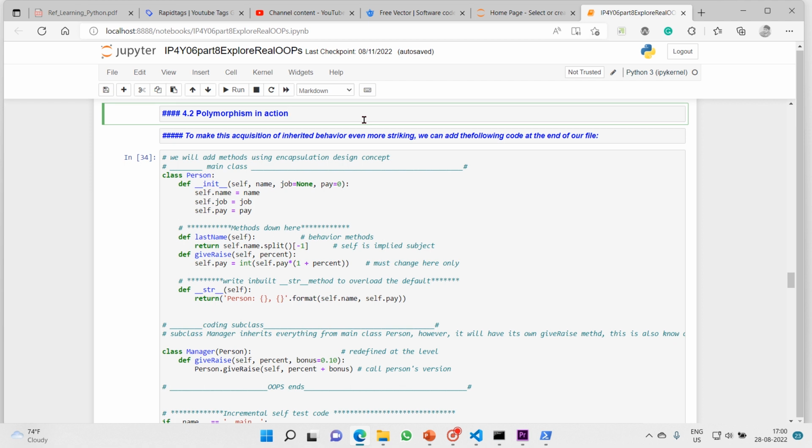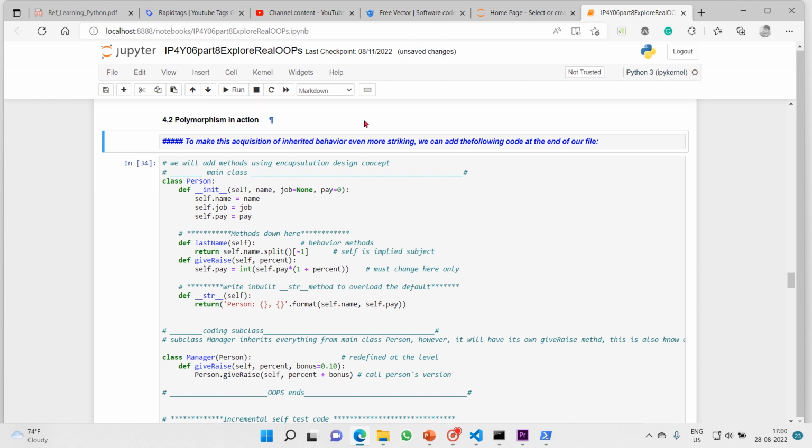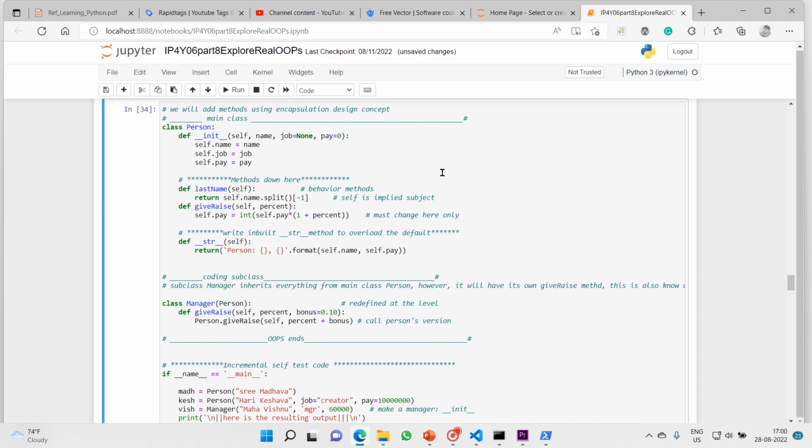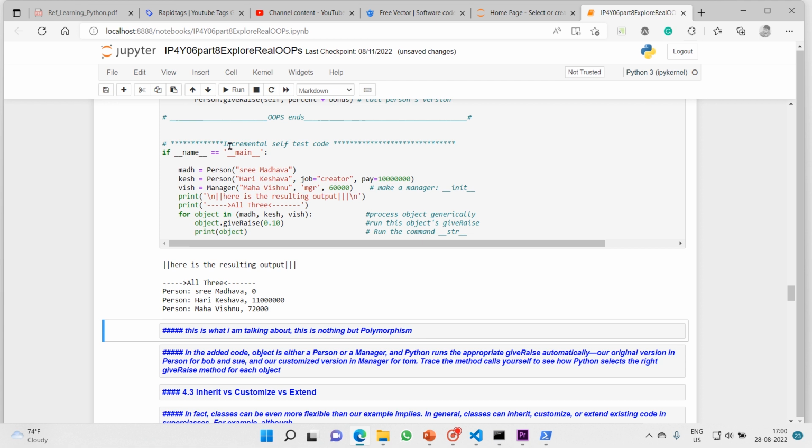Then the next subtask is polymorphism in action. To make this acquisition of inherited behavior even more striking, we can add the following code at the end of our file. Basically, this is customization. We carry the same file, but in class manager, in addition to the existing give rise, we have customized this. And then let's compare each object.